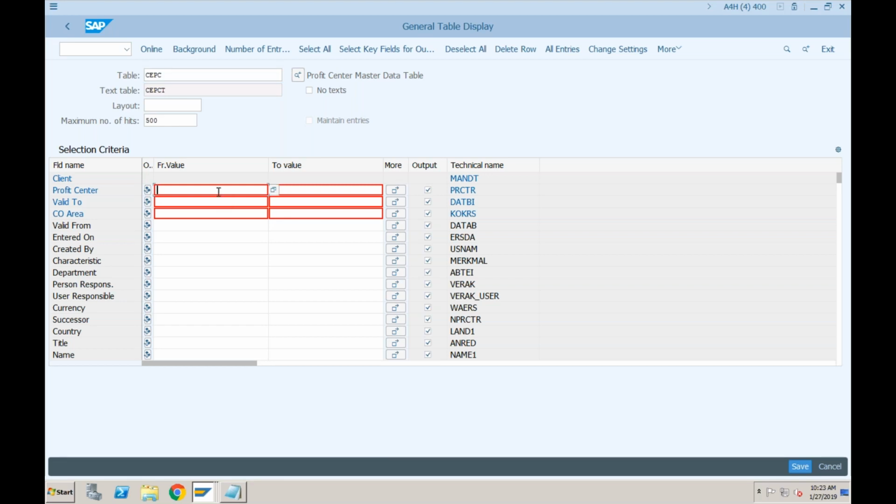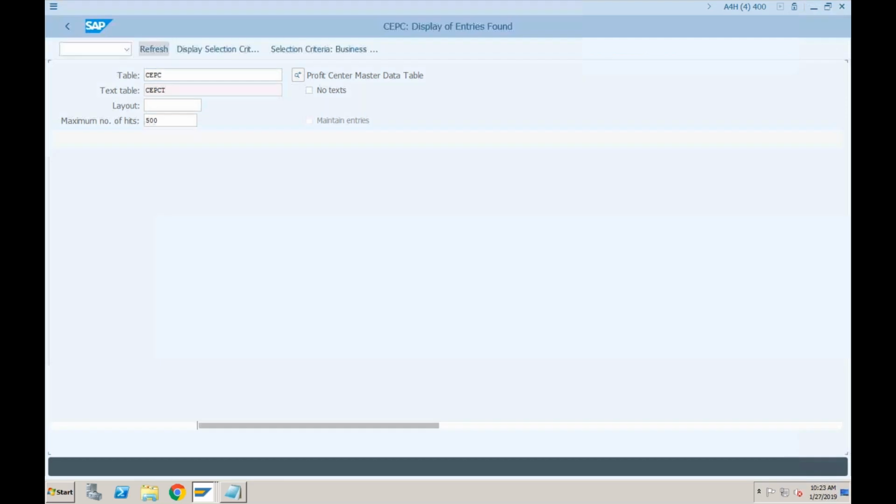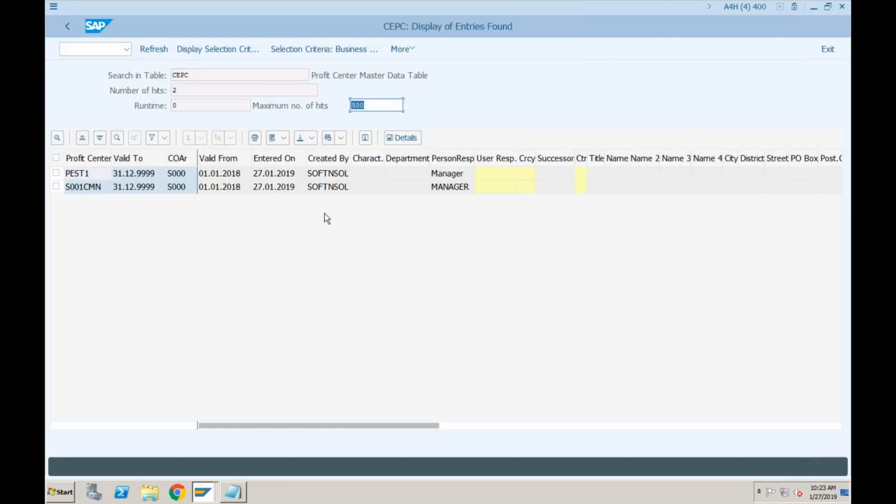So for our profit center, we can just provide the controlling area S000. And if you see this, it is showing you the two profit centers which we created. So profit centers are available as it is. I think, sorry, Shailendra has already answered CEPC, but still we were searching for that. So CEPC is a table which is still available.